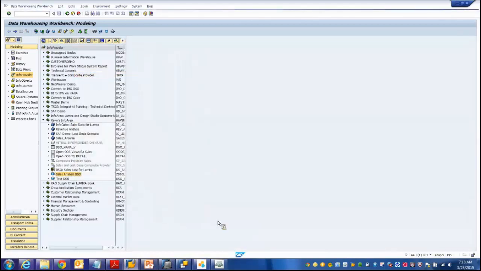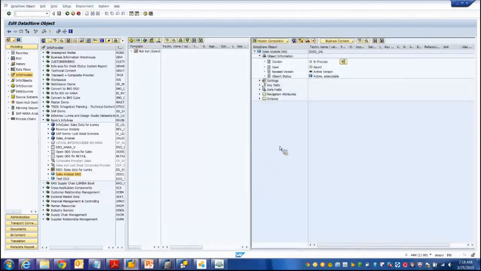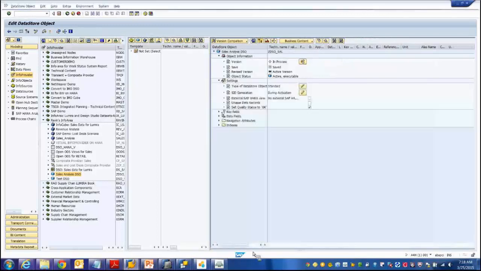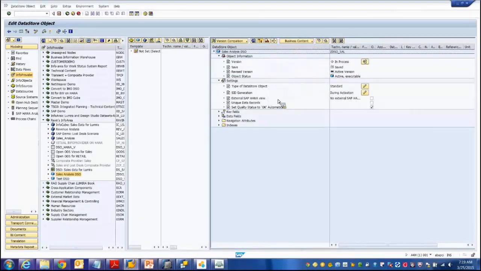So once you have your prerequisites met, what you will see on the setting is an additional checkbox which says external SAP HANA view over here. And I'm going to check this, and I'm going to activate this. So when I activate it,